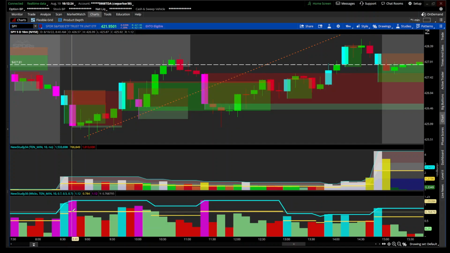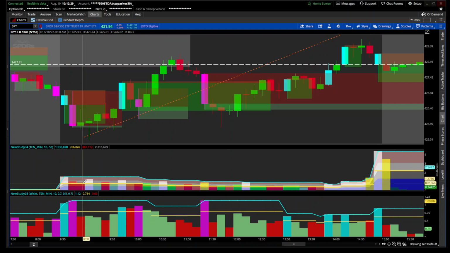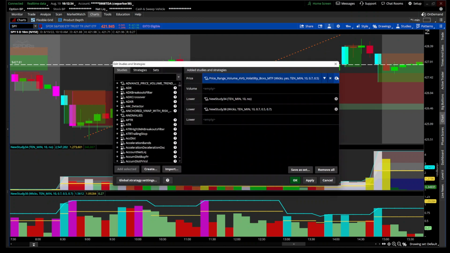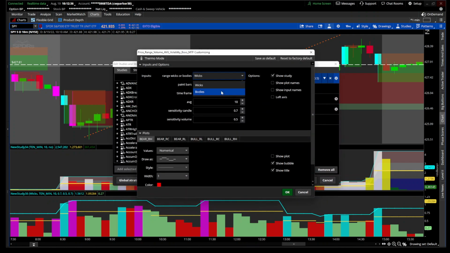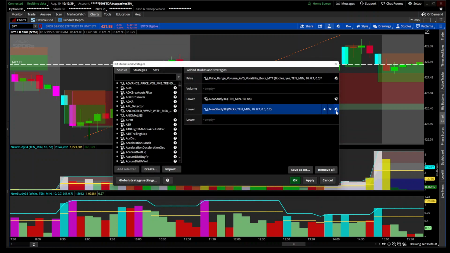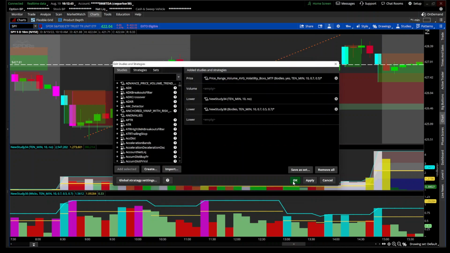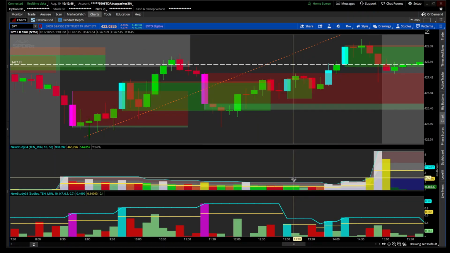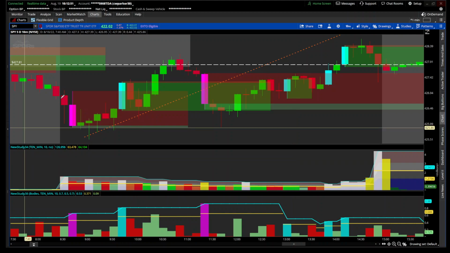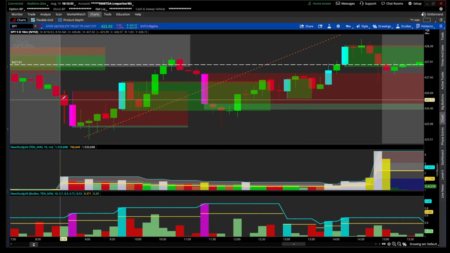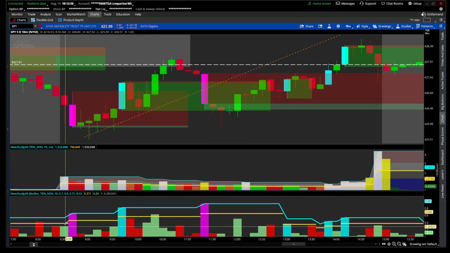They cross above that 70%, and volume stayed above this 50% as well. So let's change it to the bodies and see what we get. So we'll change that to the body, and we'll change this one to the body as well. And as you can look, it eliminated a lot of that choppiness, and it actually got rid of this range right here, because this body right here is small. It didn't cross above this